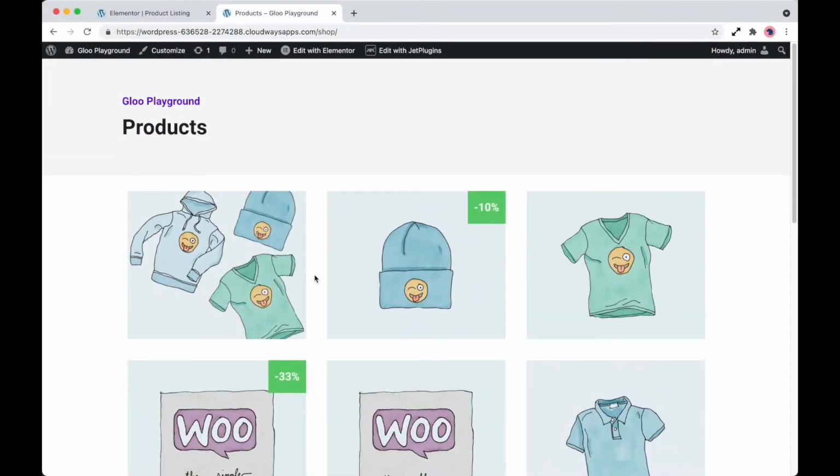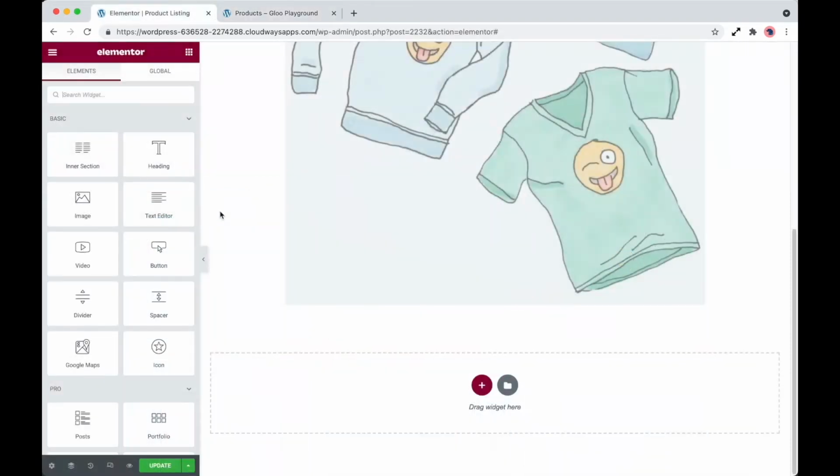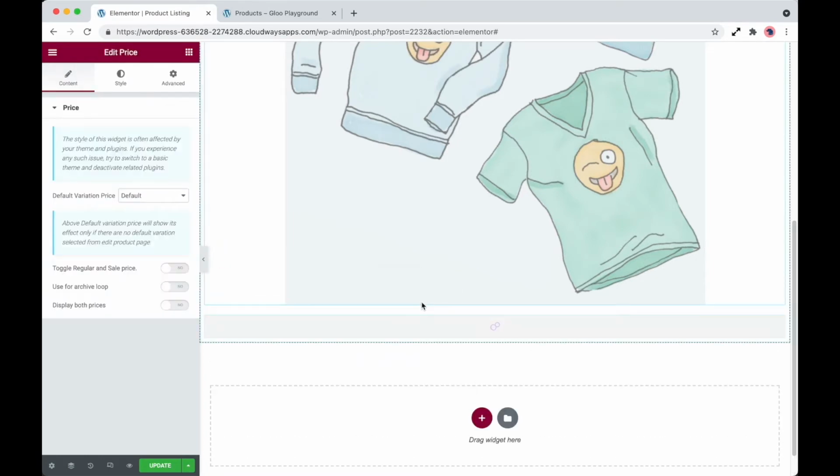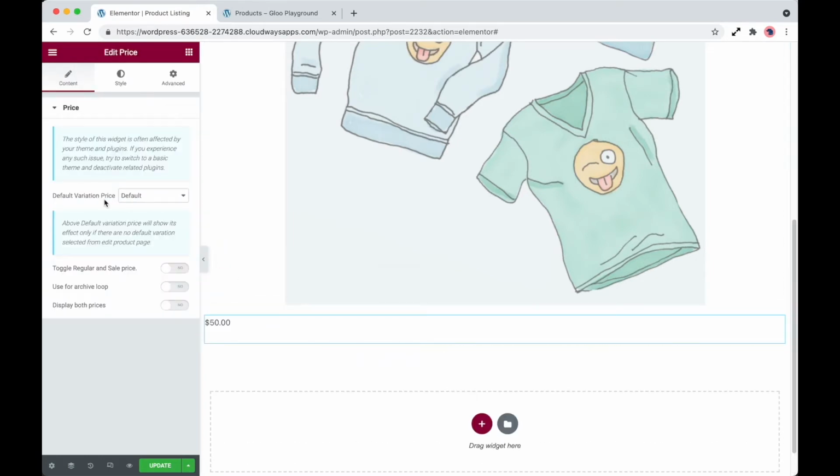So what we're going to do now is take a look at the Price widget and show you how this works. To look at our Price Plus widget, if we go ahead and search for this, we've got a new widget called Price. If we drag that into view, what this widget allows us to do is display exactly what we want